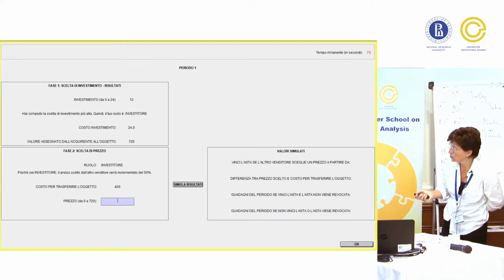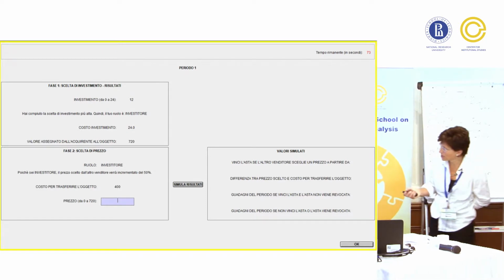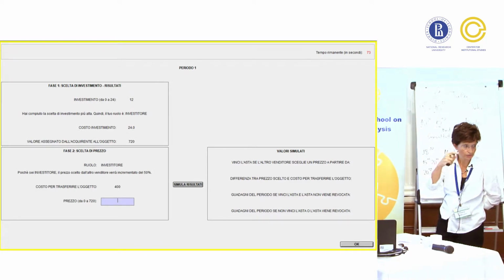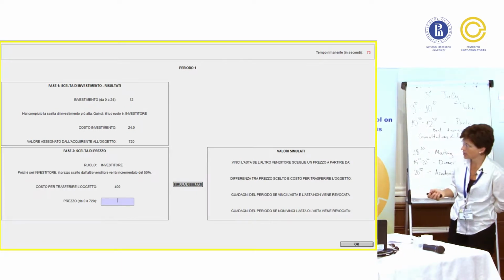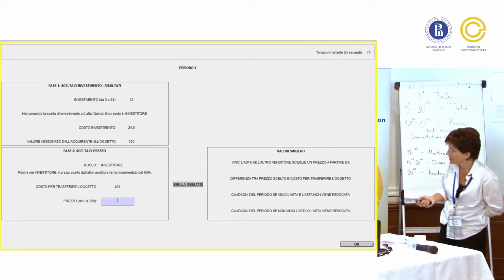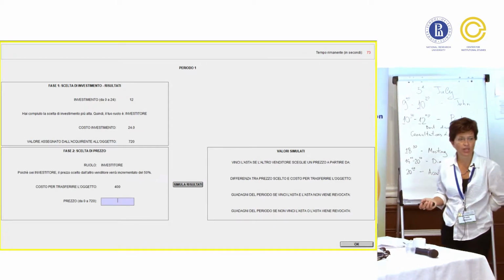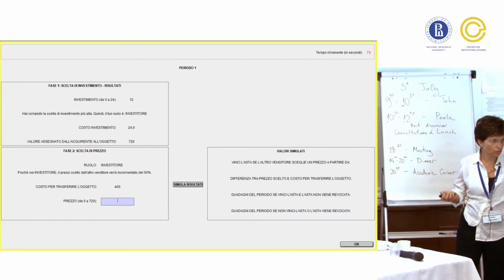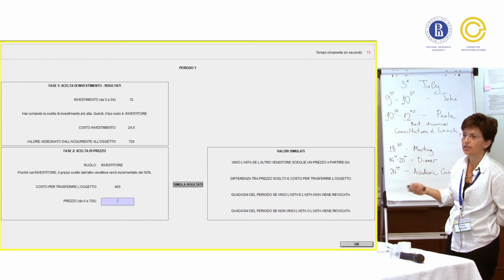The public buyer will have a value with respect to this innovation, which is 720, according to the formula we have seen before. Now, in step 2, in this second phase, you have to decide the bid, the price you want in order to perform this innovation.